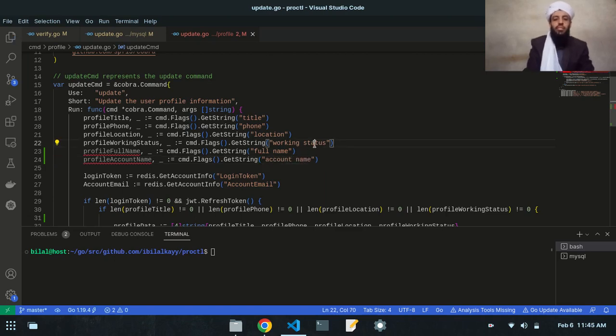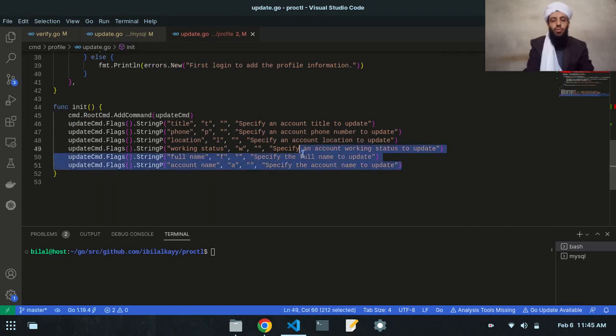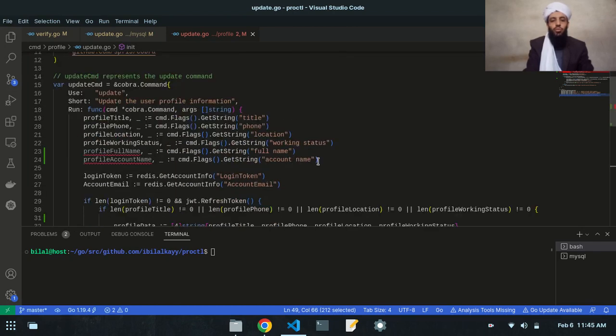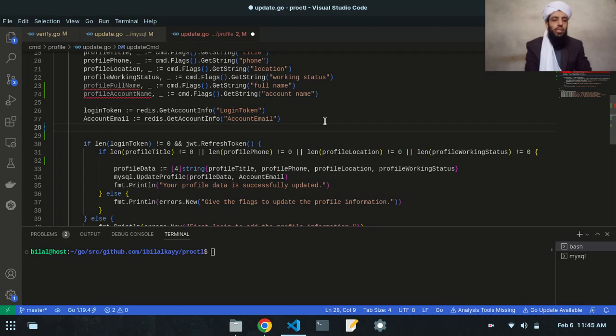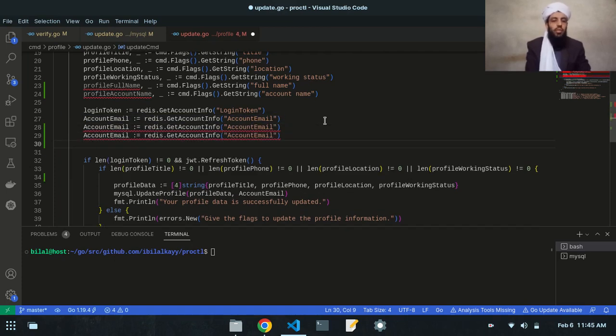So these are the flags that I have just written in my previous video, but I have not called them. All right, so I will call them like this, and after that I will use them so that they can be updated. So after that what I need to do is to copy this data two times, and after that write account password like this, and let's remove this account like it in capital letter and just write in small letter account password,